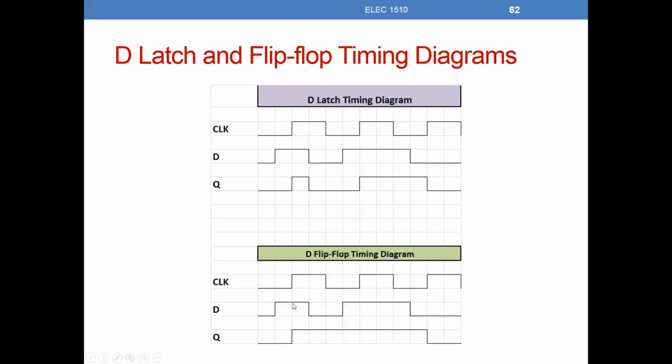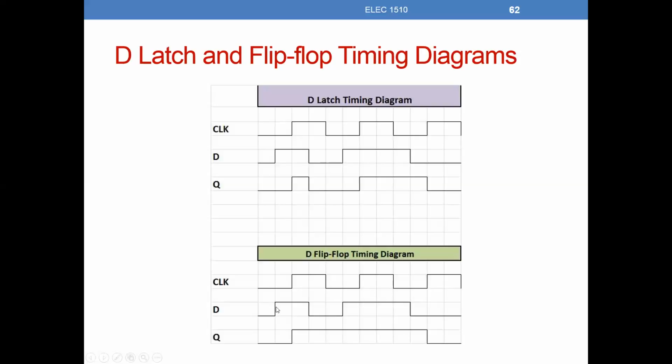1. Now, see right here where D transitions back down to 0? For our latch, that made the output Q go back to 0 because a latch is driven by the clock level of 1. But on our flip-flop, Q does not change. Q will hold its state until its next rising clock edge, which is here, in which case D happens to be a 1, so Q next is going to be a 1. And again, it will hold its state until the next rising edge. At the next rising edge of the clock, D happened to be a 0, so now Q transitions to a